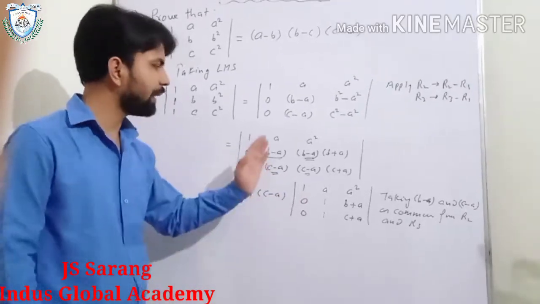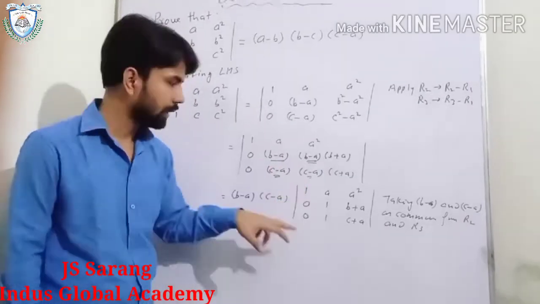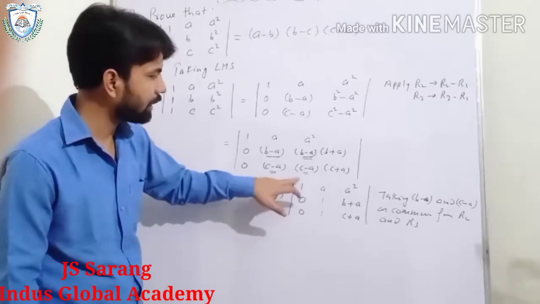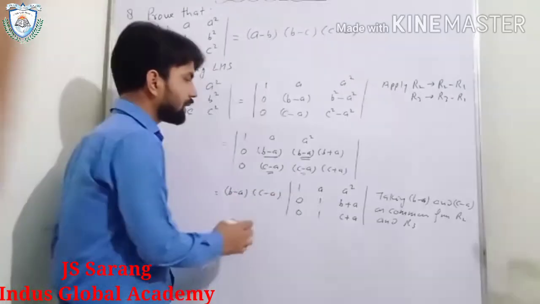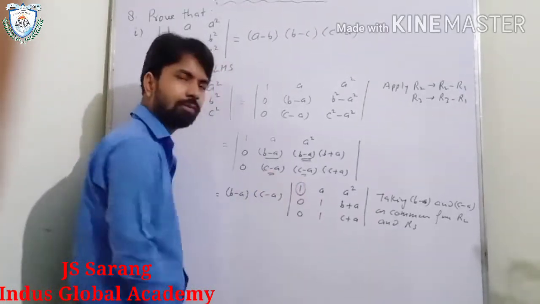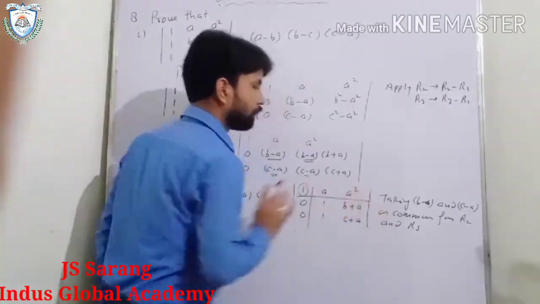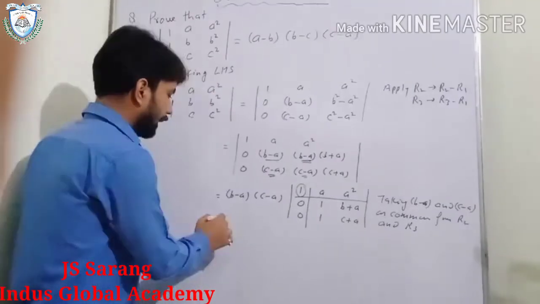So we will expand along C1. Here most of the elements of the first column are 0. So we will expand along C1. So what is the non-zero element? That one. So we will hide this column and this row. Understood? So we have to write here